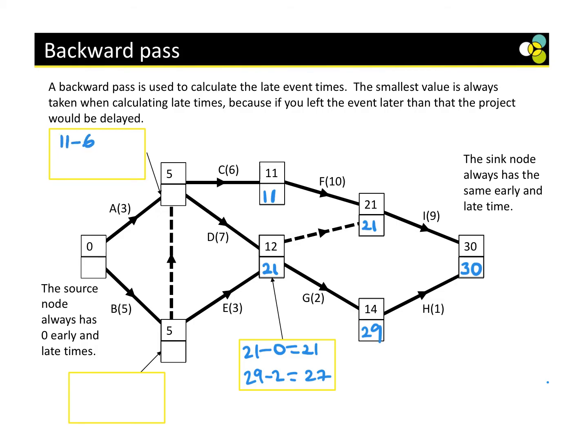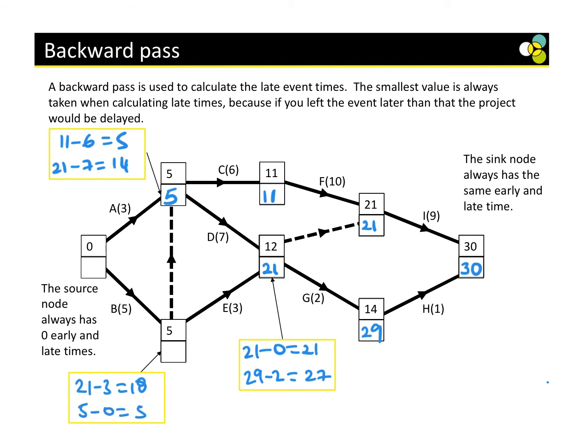Okay, 11 minus 6 is 5, or we could do 21 minus 7, which is 14. The smallest one is, in fact, 5. Then this one here, I can do 21 minus 3, which is 18, or 5 minus 0,